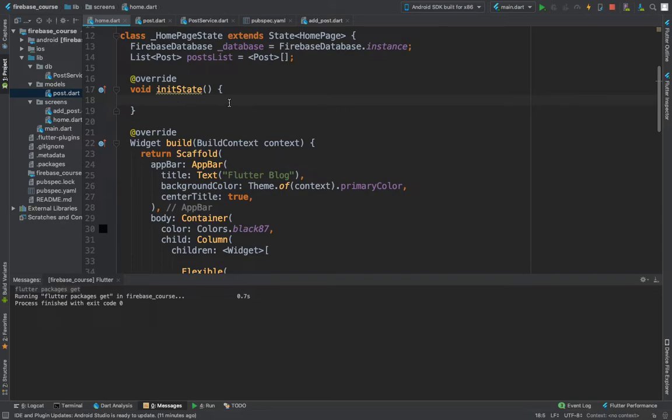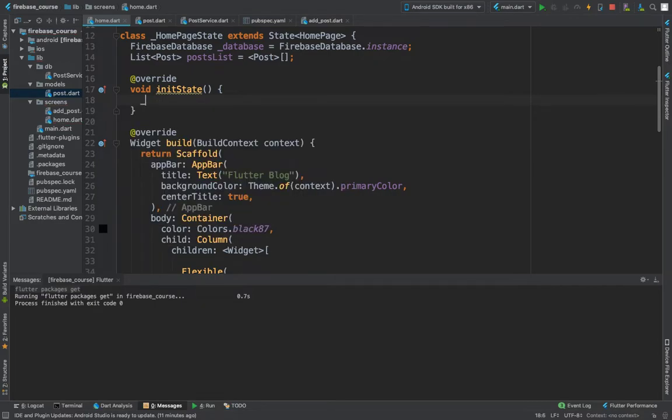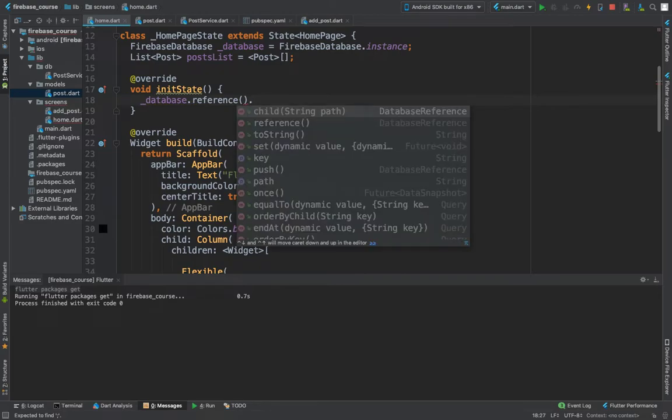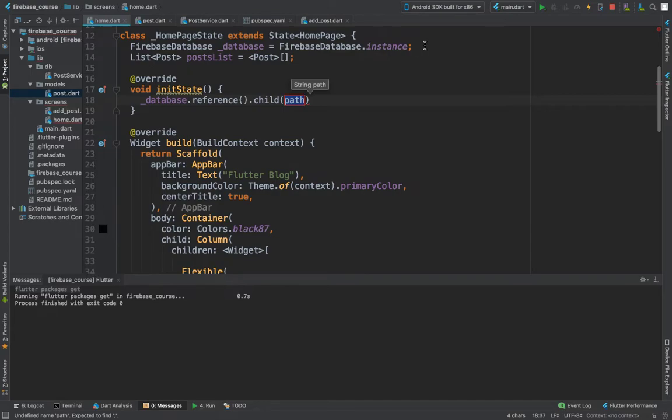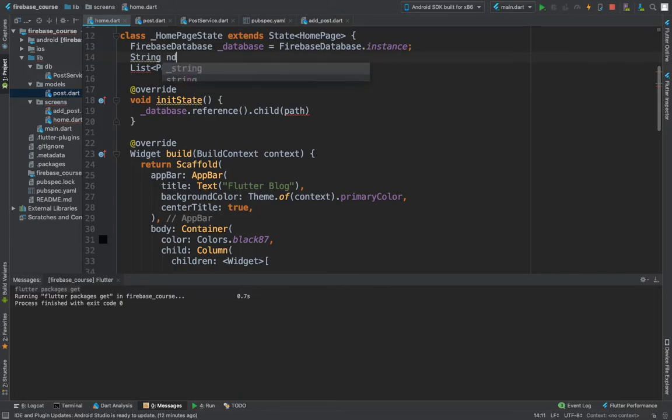Okay, so we can do here database, because we already have the firebase reference there, reference child, and I can just do string node name again is equal to posts, and here just put posts,